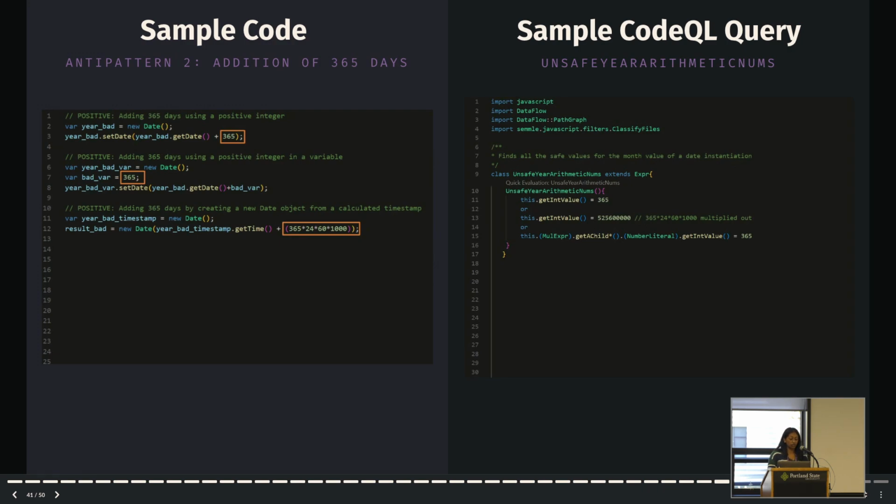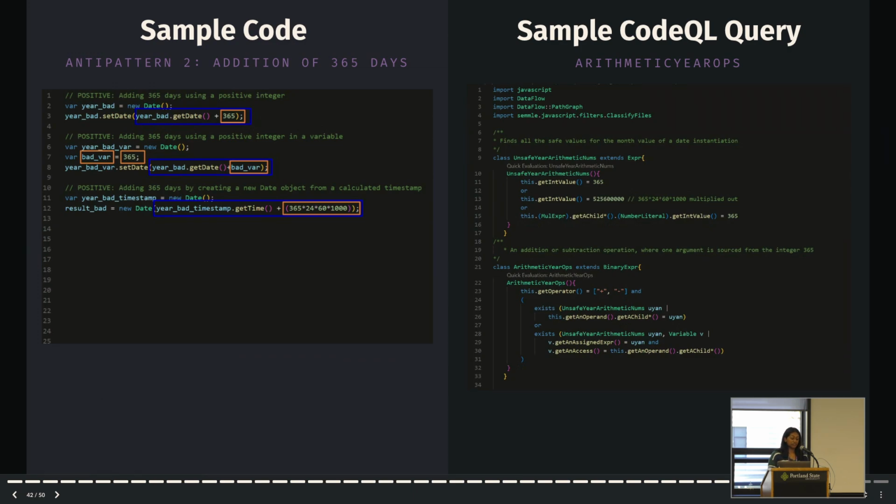To do this, we create a CodeQL class that finds either the number 365 or 525,600,000, which is that timestamp value measured out. And then there's also the case that someone, when they're trying to figure out dates, does 365 times 2 or 365 times 3. Instead of just adding years, they just multiply out for the number of days. So the third statement is finding any multiplication that does that. And it's a little bit of a complex looking thing, but it basically says that given a multiplication expression, if one of the operands in that expression is the integer value 365, it counts. When we run an evaluation of this class, the 3 orange boxes that are highlighted on the left would be found.